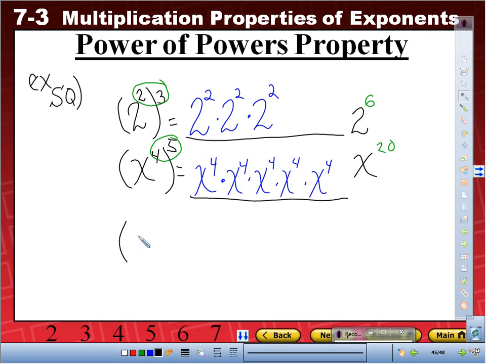Parentheses, 7 to the 5th, close parentheses, to the 13th. You don't have to show, just simplify it, please. So, who got 7